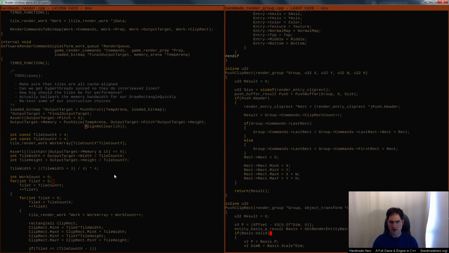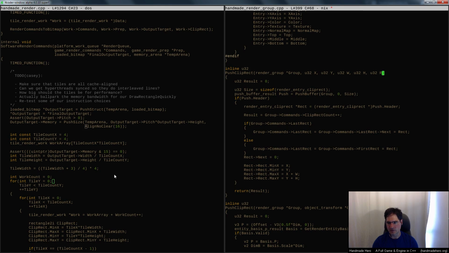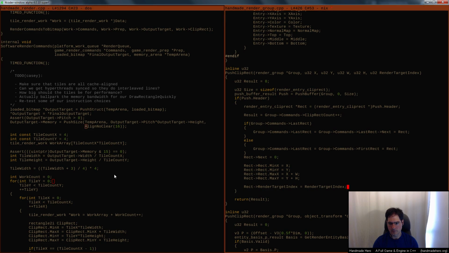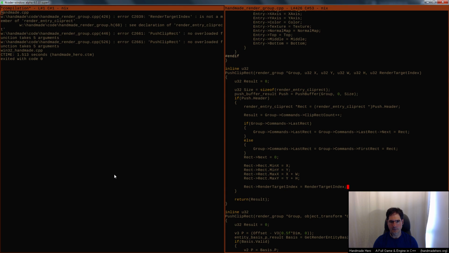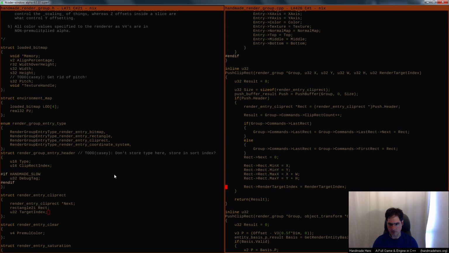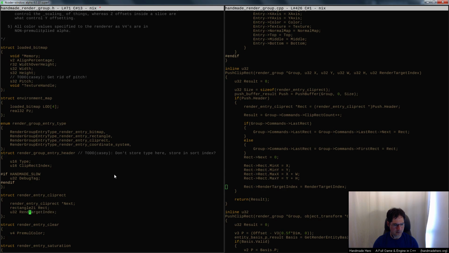So here in the clip rect, when we specify one of these clip rects, presumably what we would do is say, whatever the render target is that you say you're going to render to, that would get set here. So in addition to that stuff, you would say render target index, something like that. And the render target index would just be like, okay, here when we set the rect stuff, that gets recorded, right? What did I do? I just called it target index. There we go. Oops.